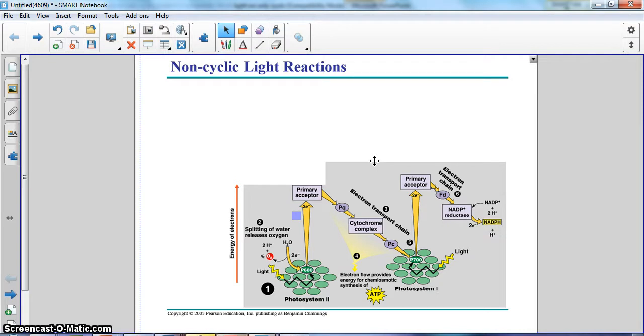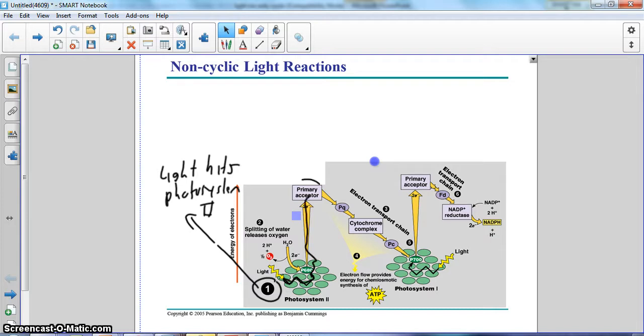So if we take a look here, step one, the first step that happens, is that light hits Photosystem II. Notice it's Photosystem II that happens first. As a result, light hits Photosystem II and an electron is excited. This electron is passed through all these chlorophyll molecules. Remember, it's excited, so it's unstable, until it reaches the primary electron acceptor. Now we have a problem: we just excited and got rid of an electron that was in Photosystem II. So what happens to replace that electron